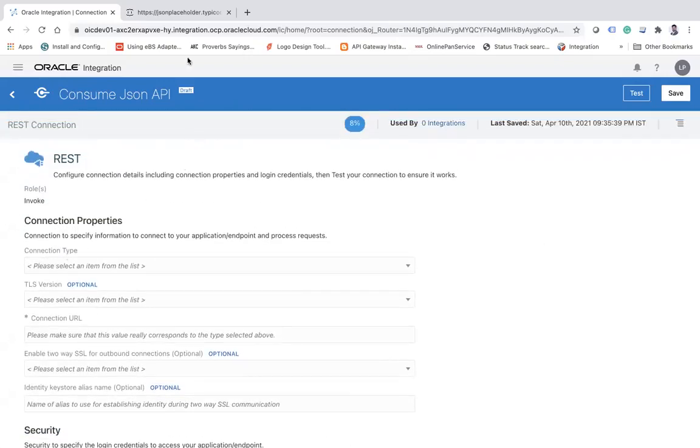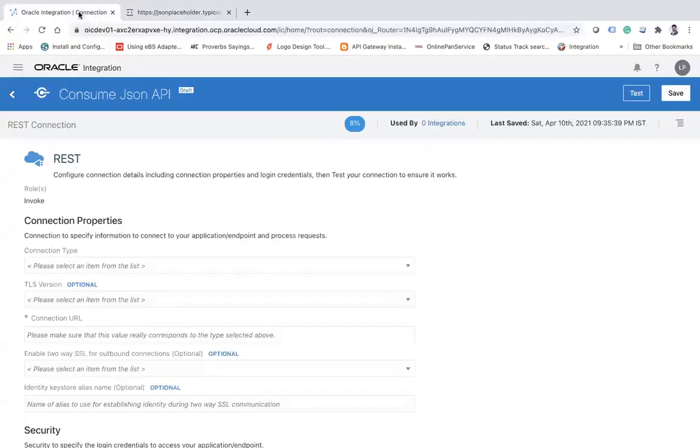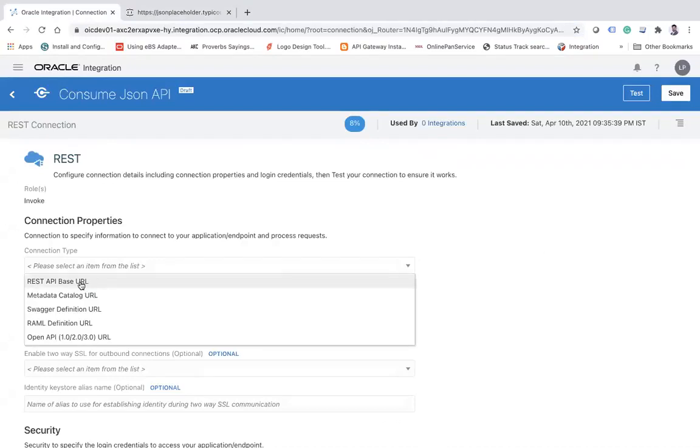Connection type. When you create the REST API, the REST API can be on different mechanisms. It can be a REST API, metadata, Swagger, RAML, and then Open API. So these are the REST API types, you can say. So here you see, if I duplicate this,